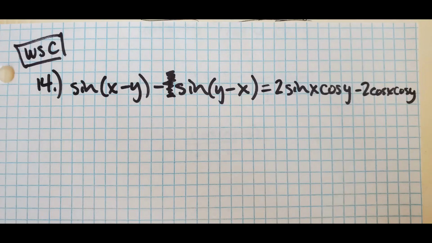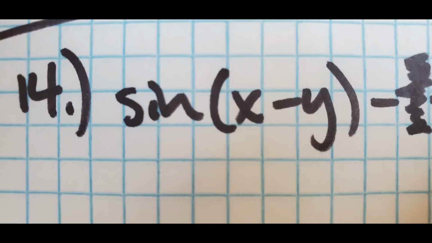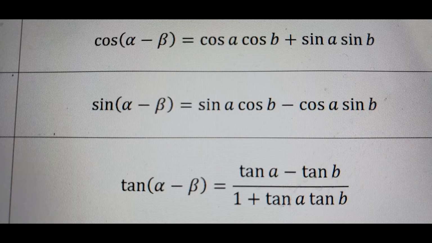On the left side, we have sine of x minus y minus sine of y minus x. So we're going to look on our identity sheet to figure out what those difference identities are. On the right side, there's a whole bunch of rough stuff over there to deal with. So we're going to ignore that side for now. We're just going to tackle the left side. So the sine of x minus y, if we look on our sheet, on the sheet it says alpha minus beta, but we replace that with x minus y. And we're going to get